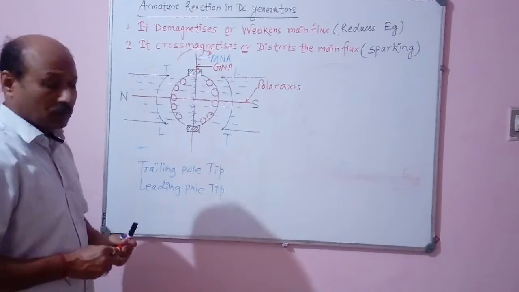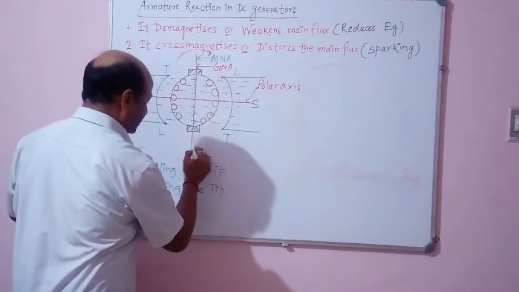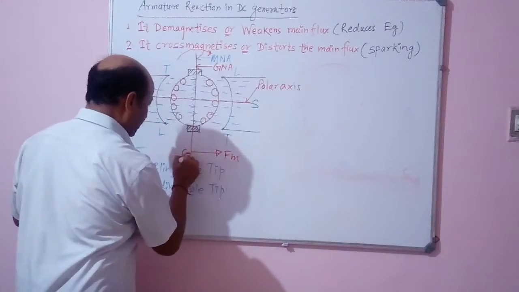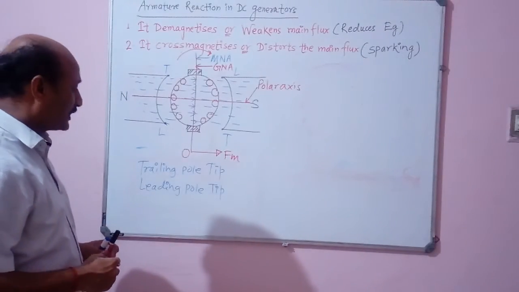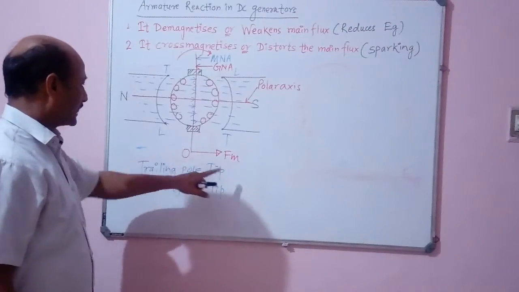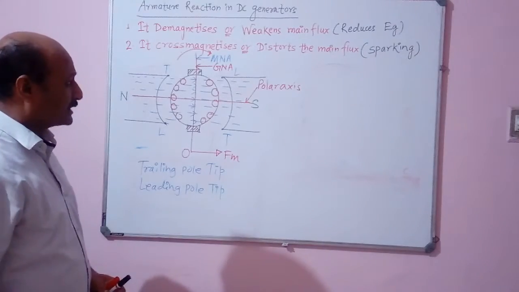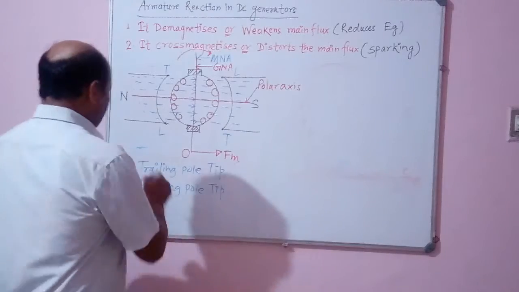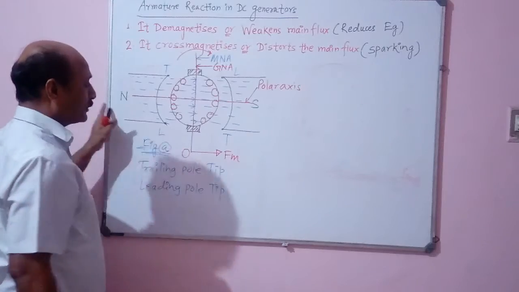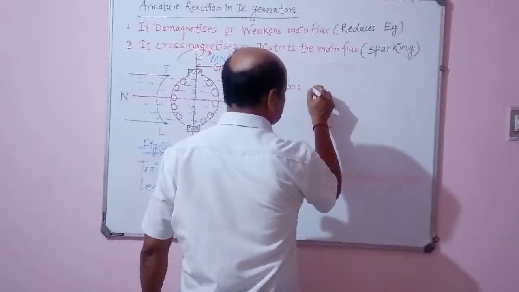So this figure shows that there is only a magnetic field and the armature conductors do not carry any current. So what is the resultant flux? The resultant flux is from left to right. I am assuming that this resultant flux is OFM. So what is the OFM? OFM is nothing but the resultant magnetic flux from left to right, that is from N to S, and denoted by OFM. Figure A shows that there is only a magnetic field and the armature conductors do not carry any current.